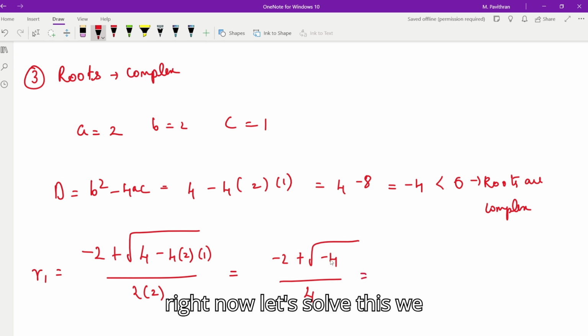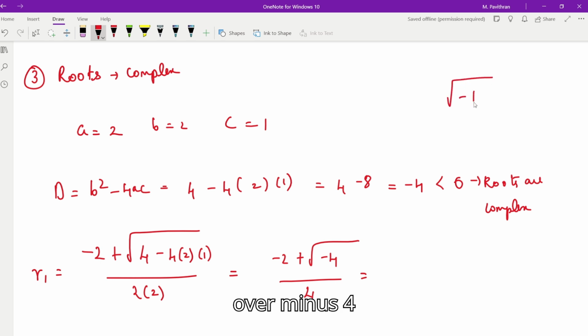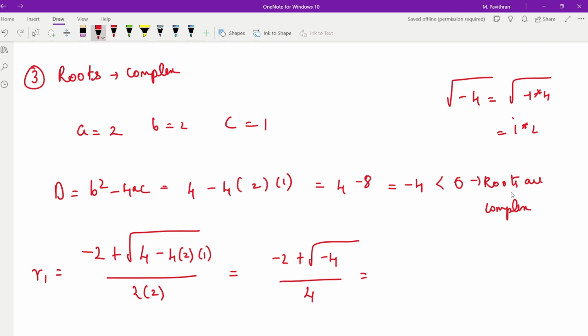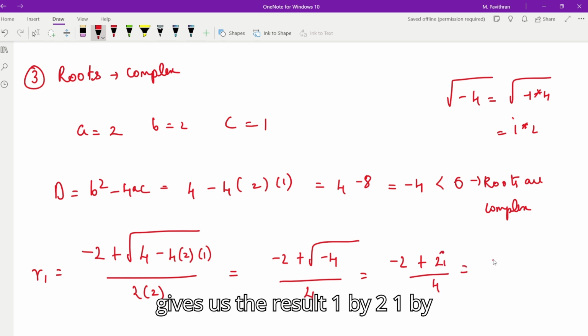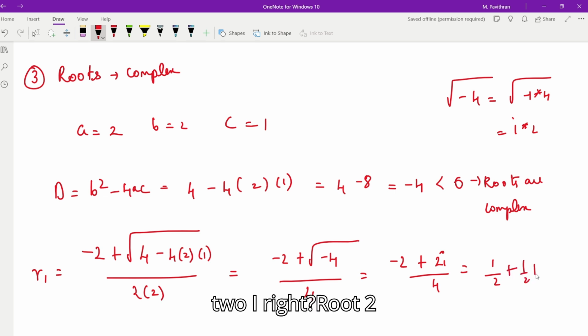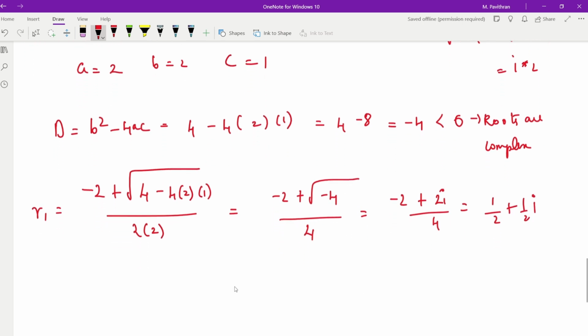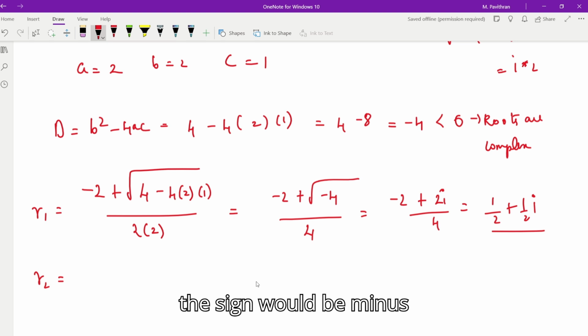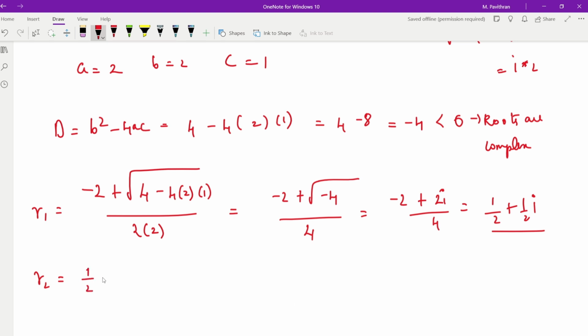Now let's solve this. We know that root over minus 4 is equal to root over minus 1 into 4, that gives us i into 2, right? So the resultant is minus 2 plus 2i divided by 4, that gives us the result minus 1 by 2 plus 1 by 2i, right? Root 2 would be the same root, but the sign would be minus,